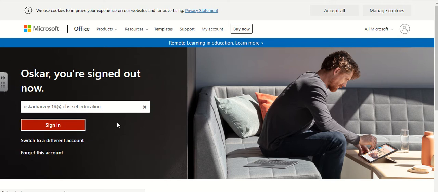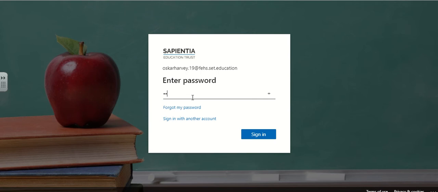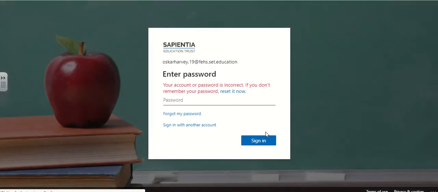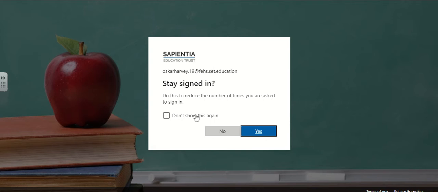So you then click on the sign in and you put in your password. Once you've done this once, you will see that it's then saved to your computer if you've got that function switched on. And if you've got multiple students, you can sign in with other accounts. So, yeah, you can click to stay signed in. I don't want to because